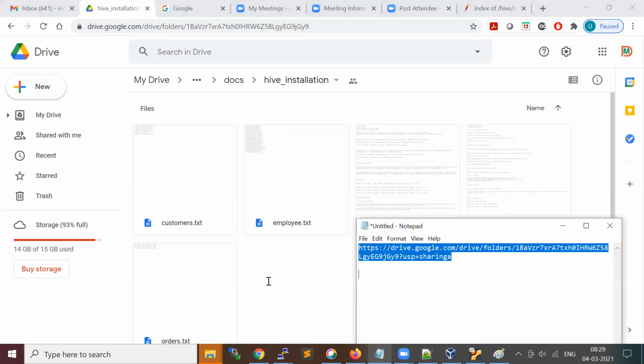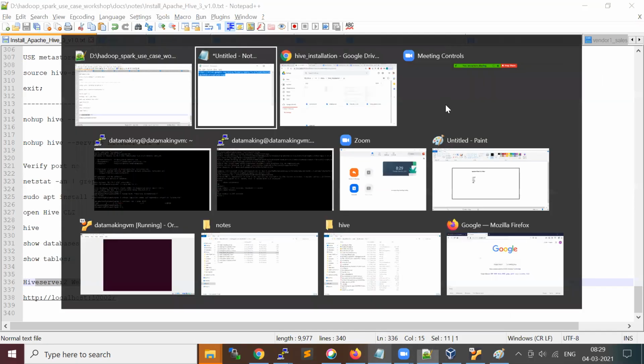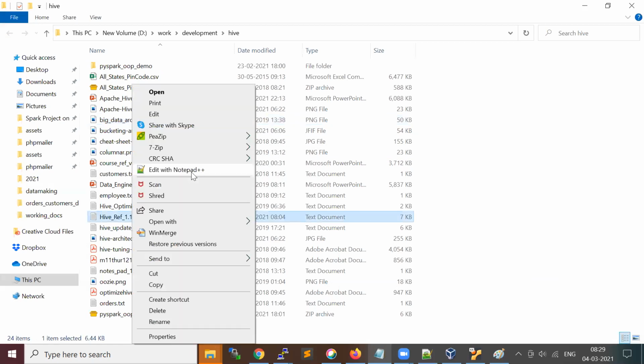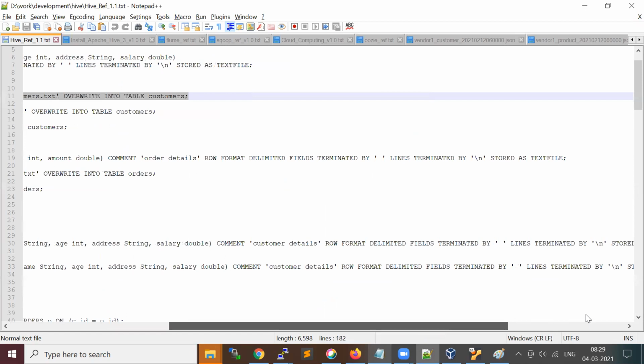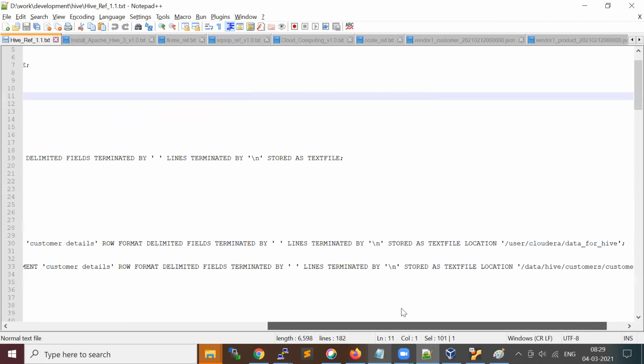Now let's discuss Hive external table. So what is a Hive external table?